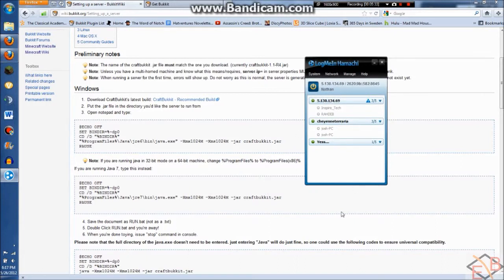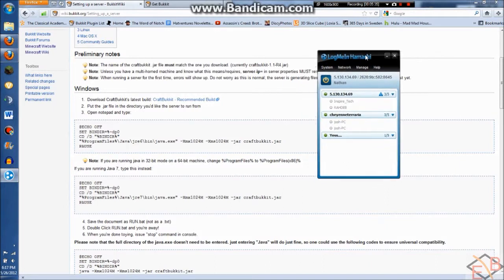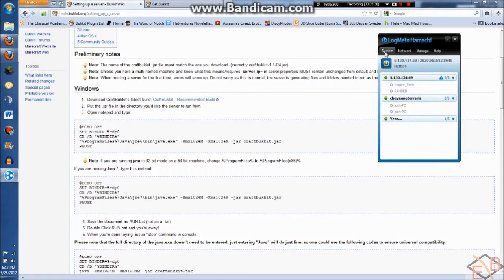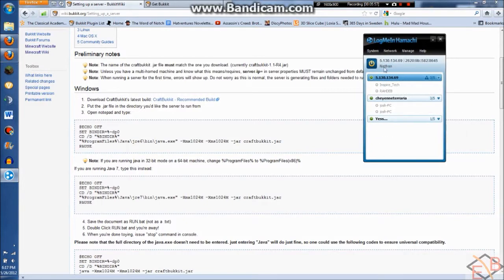Obviously it won't have these connections on there. It will be different. When you first log in, you want to go to network and create a new network. Once you create a new network, it'll have an IP for you. You can name it and put a password on it. Then this is your IP address right here. For me, it's 5.130.134.69. So you want to right-click it and do copy